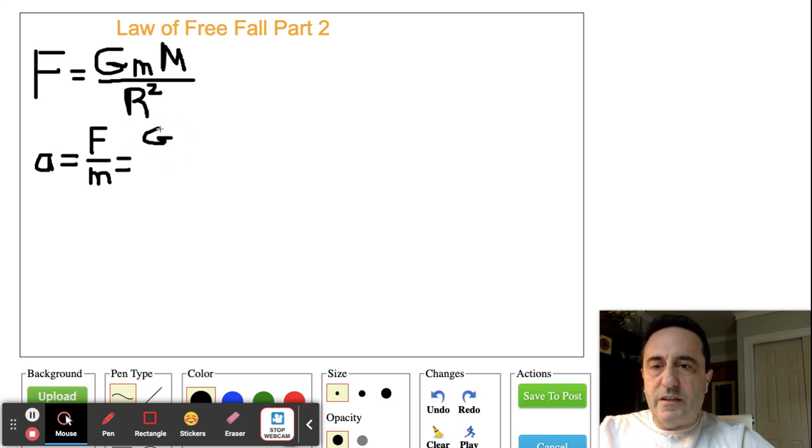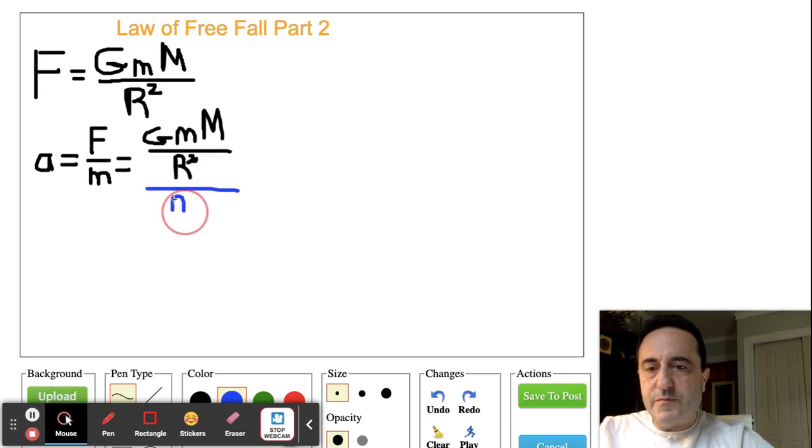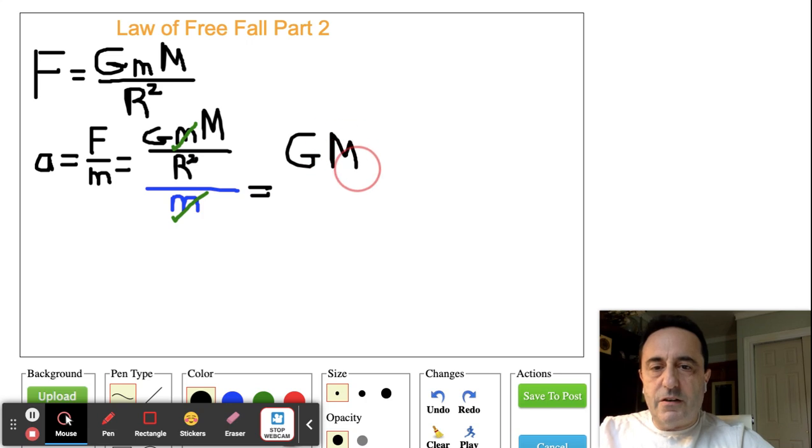So I've got big G, mass of the small object that's falling, mass of the Earth, divided by the radius of the Earth squared, divided by the inertia. And what we find is that the inertia of the object cancels out with the gravitational attraction of the object, leaving us with Newton's universal gravitation constant, the mass of the Earth divided by the radius